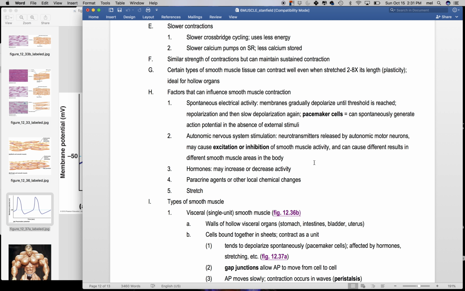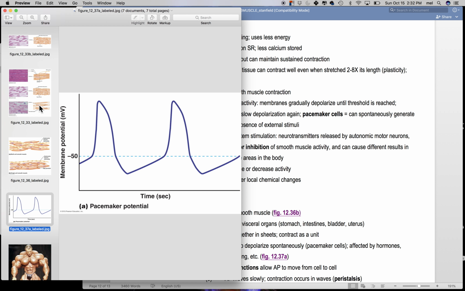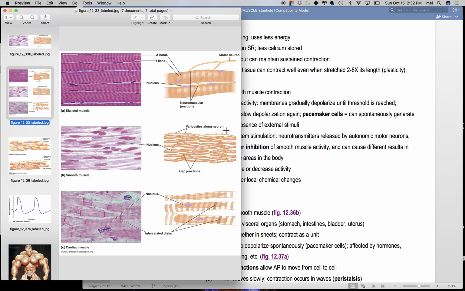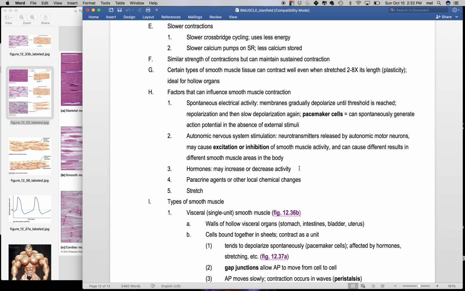So now what can the nervous system tell them to do? The nervous system can tell them to contract more quickly or more slowly. So although it looks weird, this is actually synapses with smooth muscle. So the autonomic nervous system, sometimes called the visceral motor division, can actually actively stimulate or actively inhibit smooth muscle